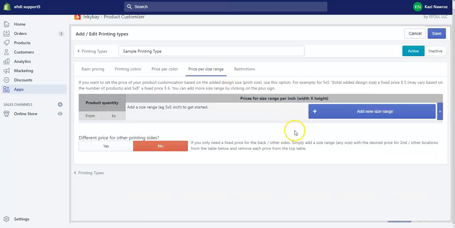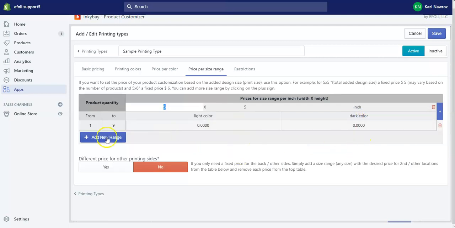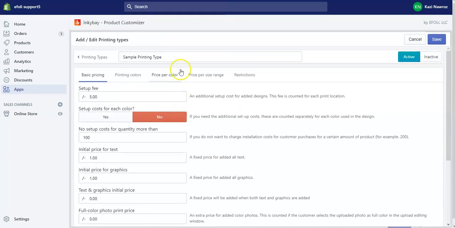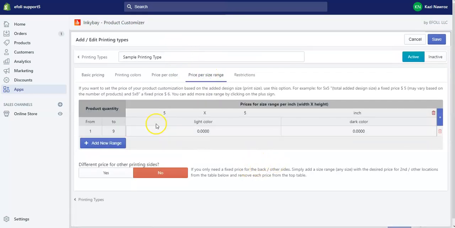As you know, we have 3 different sizes of our product. So if you want a size range, this is the price you want to charge your customers for the range. This is not like the price per square inch that we have seen here. Here you will set a certain range. For example, for a 5 into 5 inch area, you will charge them, for example, $5.